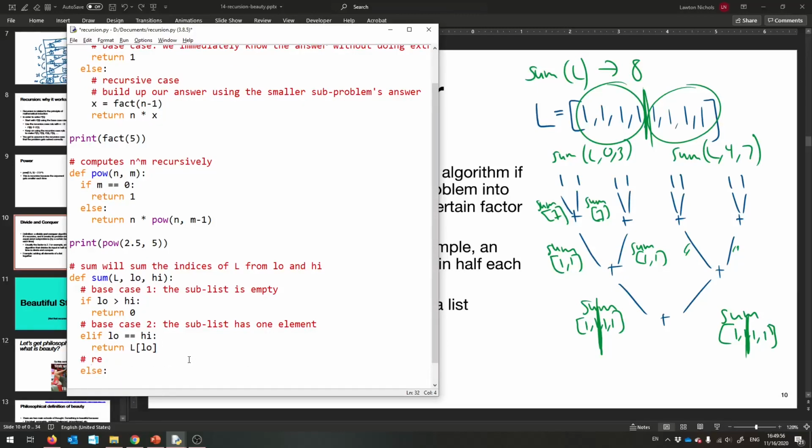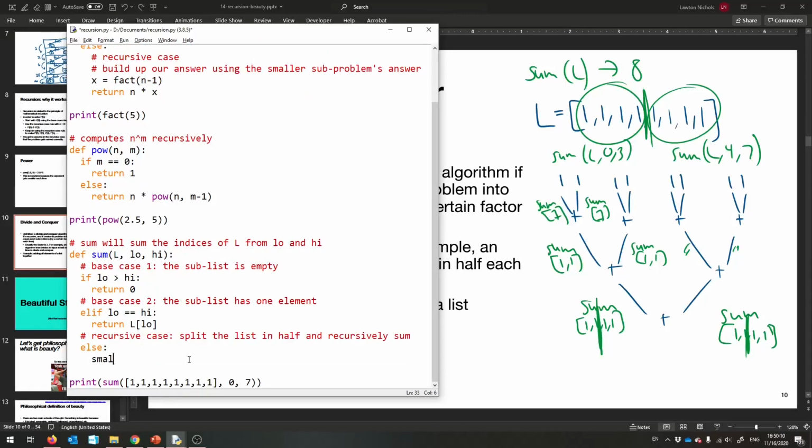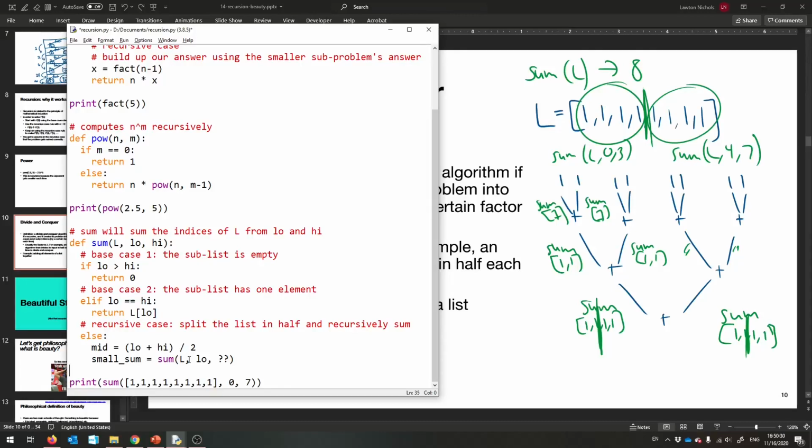Not the else case. Split the list in half, and recursively sum them. So I'm going to calculate the sum of the smaller half. So the smaller side of this list is sum L from low to the midpoint. So we've got to calculate the midpoint between low and high: low plus high over 2. And then we'll calculate the smaller side of the sum. It's from low to, say, mid minus 1, those indices. And then the bigger sum is,